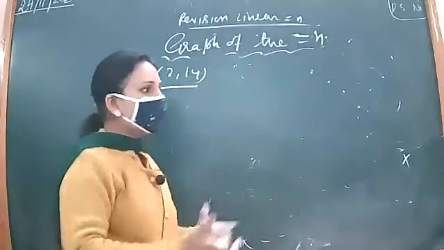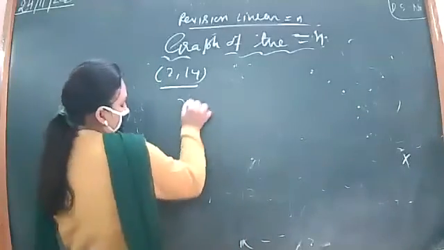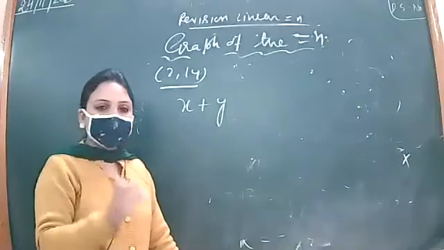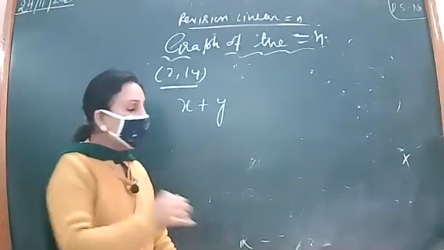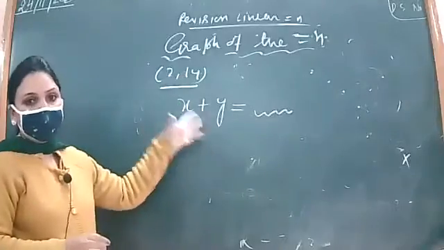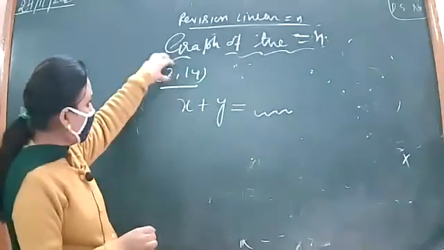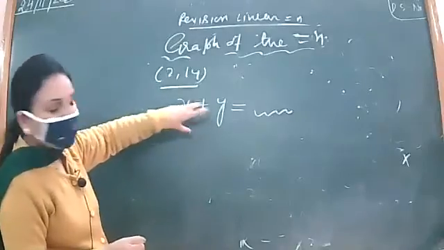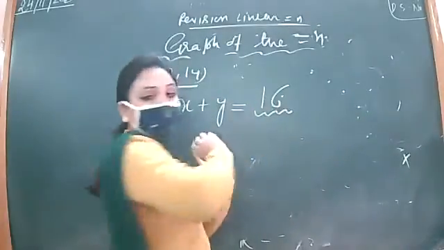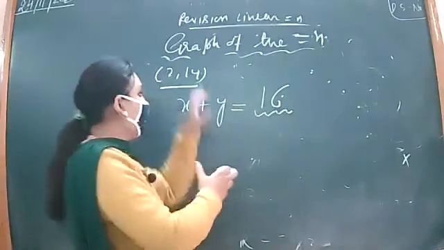So let us see, we are arranging some frame. Suppose I arrange one frame to be x plus y. Any expression in x and y you can write, right? And accordingly you will get the other expression. You have to fit the photograph in this frame. This is the photograph and this is to be fit in the frame. So what to do? Put this in this expression. Put x to be 2 and y to be 14. We are getting 16. So the photograph we needed fit in the frame.